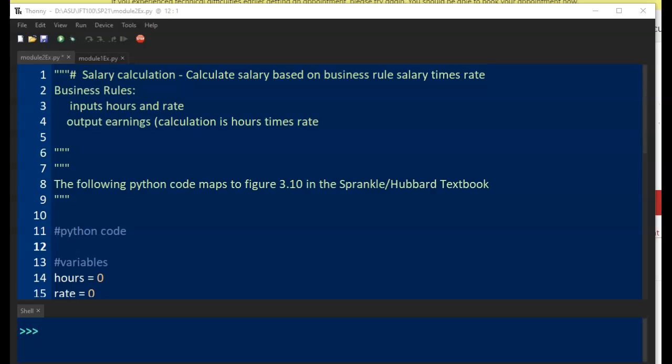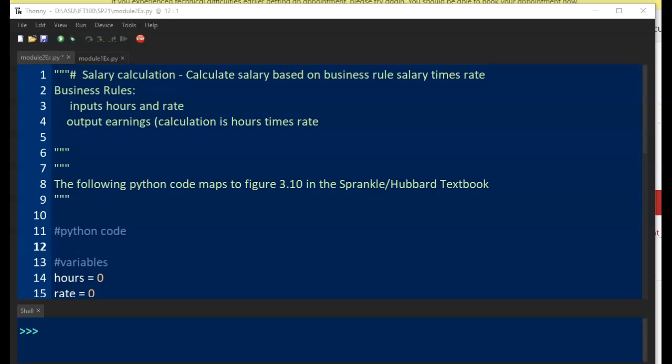This screen capture is for my IFT 101 students. In the screen capture, what I wanted to do is map the Sprinkle book to the Python lab work you'll have to do for Lab 2. One of the things that happens with the Sprinkle book is since it's written from a very general sense, it applies to a lot of different programming languages and not necessarily Python. So what I'm going to do in this particular screen capture is translate the Sprinkle book as to how it